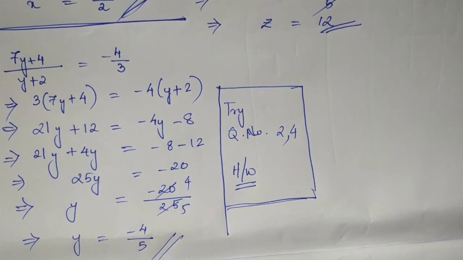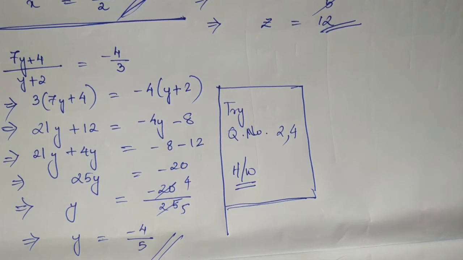Now we have question number 6 and 7, the last two sums of the exercise, which are problem sums. Let us get started with that. Now what is in question number 6? Let us see. The ages of Hari and Harry are in the ratio 5:7. Four years from now the ratio of their ages will be 3:4.